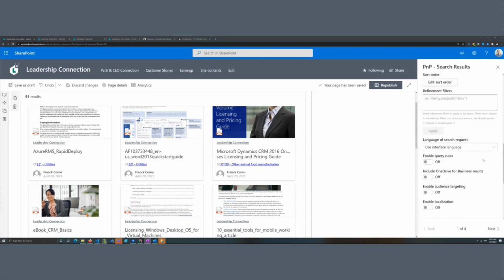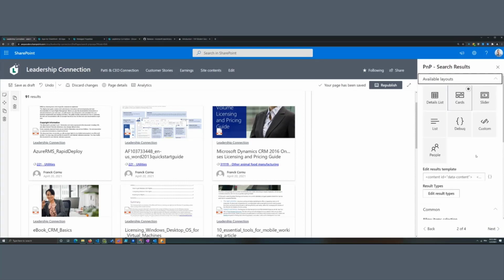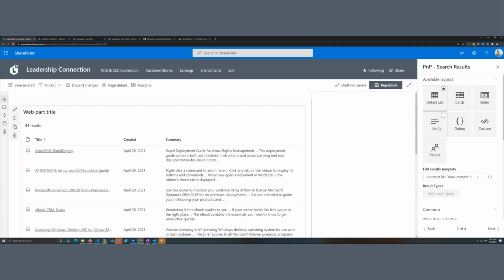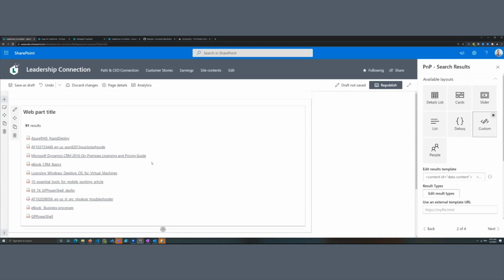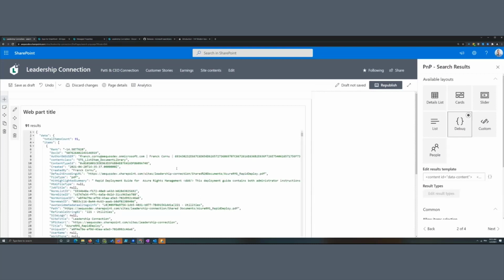Regarding the layout, you have a couple of options in the next page. So the first page is dedicated to the source configuration, and the next page is dedicated to the layouts. So we provide default layouts. So for instance, the default one is the cards, but we have also the detail list, the simple list, slider, custom if you want to make a customization on the template, and also people, let's say, to build a people directory. And the latest one is the debug option to explore the result and how values are retrieved within